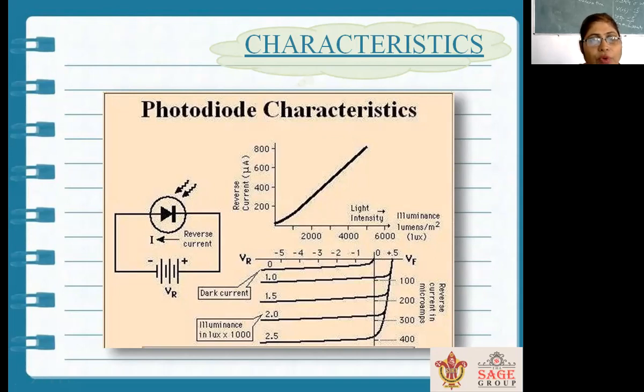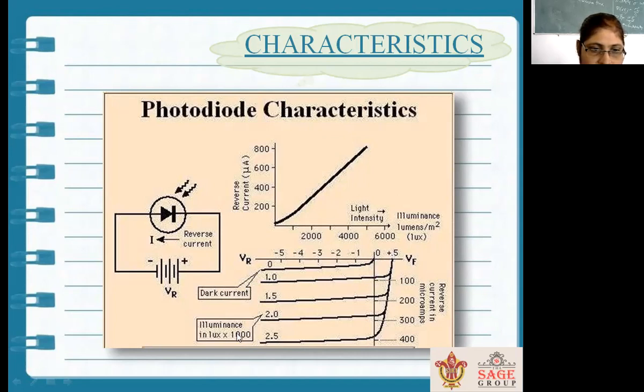Initially, when the diode is in dark condition, that is, when light does not fall on the diode, a very small current is flowing. See here, only this current is flowing. This is called dark current. But when light falls on the diode, the photons of the light give energy to the electrons present at the depletion layer, and these electrons knock out the covalent bond, come out from the valence band, go to the conduction band and start flowing. So a small current starts flowing. You can see the current has increased as compared to this.